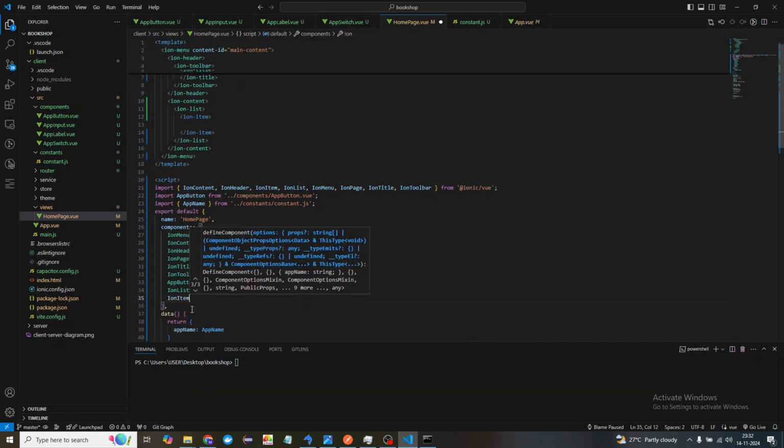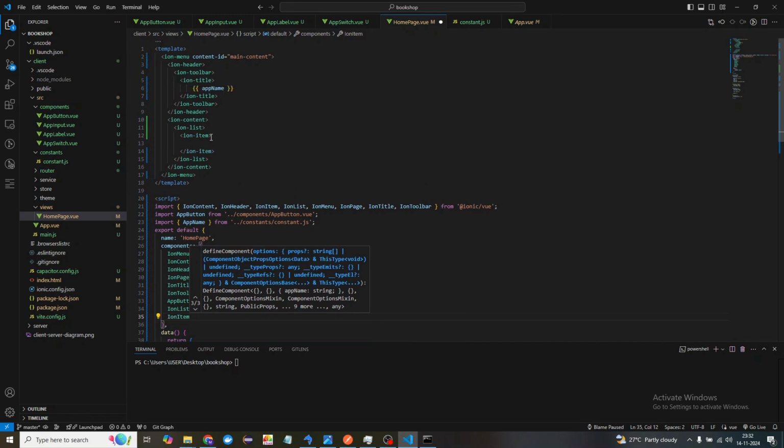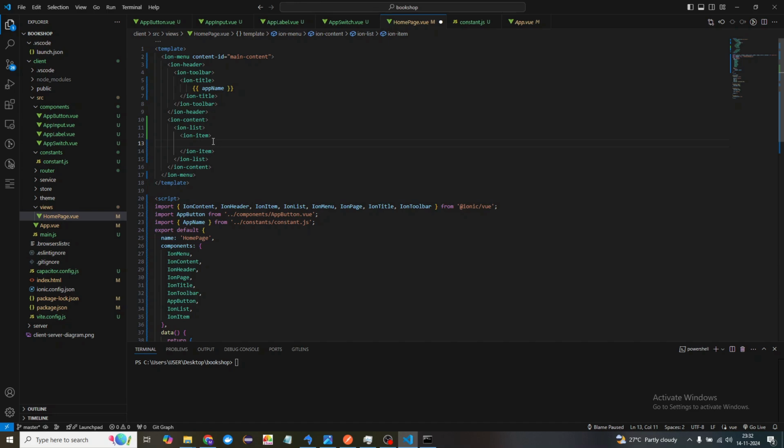components, ion item, right? And then what I'm going to say here is I'm going to use app label for that. So how we can do that, before that, ion item we need to make it as a link, right? So that when we click on this, then the page should route to some other page based on the requirement. So what I'm going to say here is we have one attribute over here, router link. In Ionic we have this router link, and inside that we just need to specify the path of that specific route. So here let's say I'm going to say